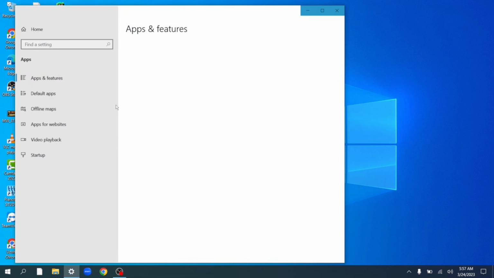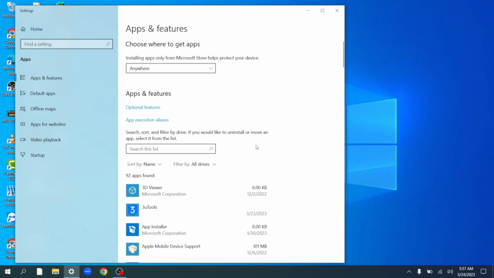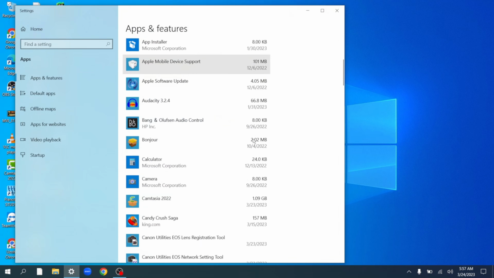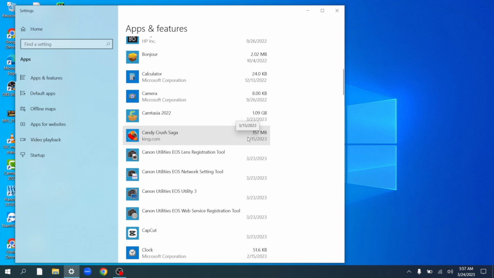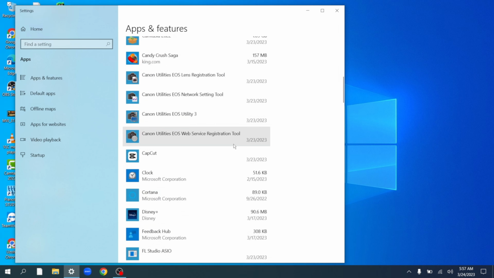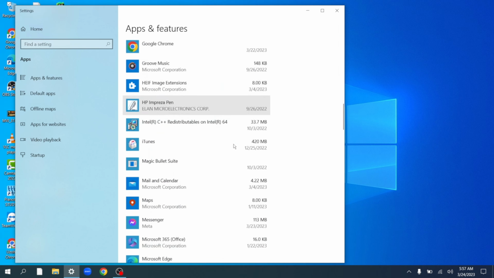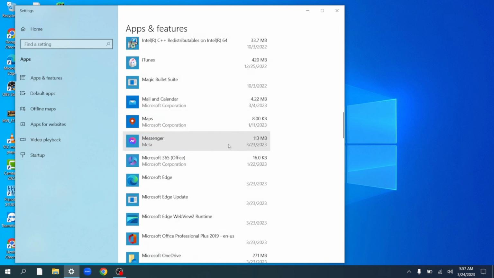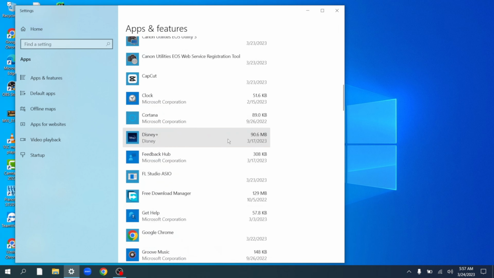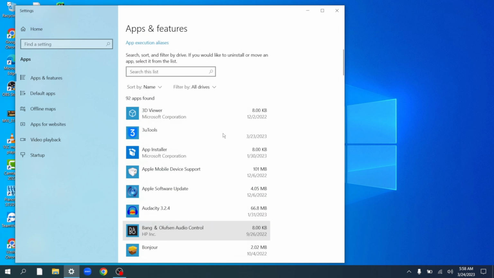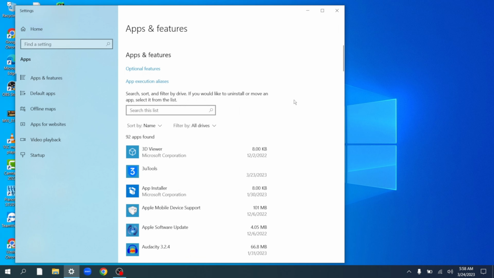Go ahead and open that up, and you're going to see a list of all your applications on your system. You can delete those that you don't frequently use. In my case, I will just leave mine the way it is right now. But if you have any apps that you don't frequently use, go ahead and discard them so you can have more space on your system.